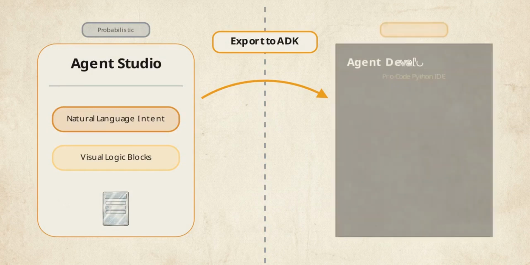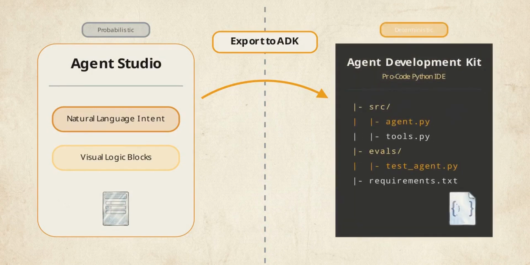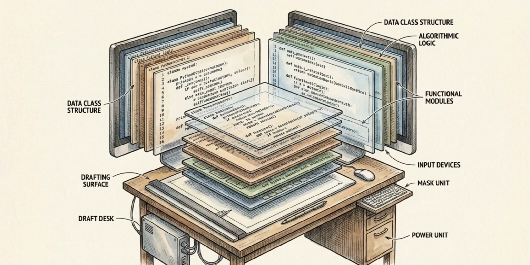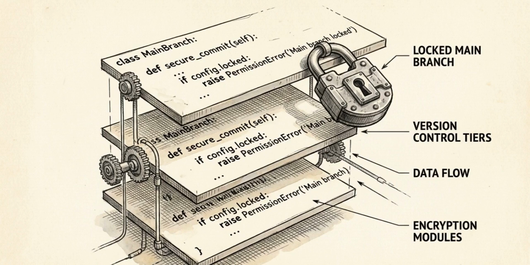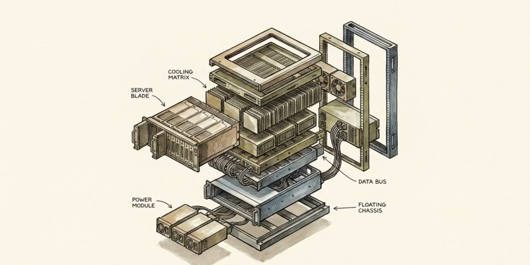To meet these requirements, developers use an export mechanism to move their logic out of the Visual Builder and into the open-source Agent Development Kit, or ADK. This produces a Python structure containing the agent class, tool function stubs, and the system prompt constant. For an agent to operate at enterprise scale, its logic must reside in code to serve as the definitive source